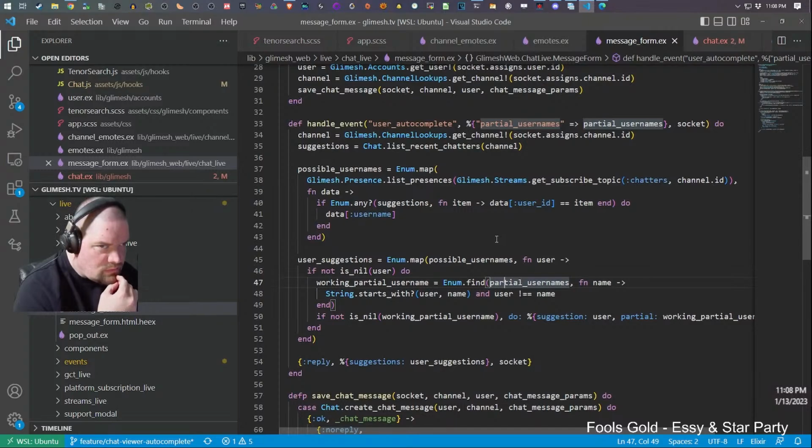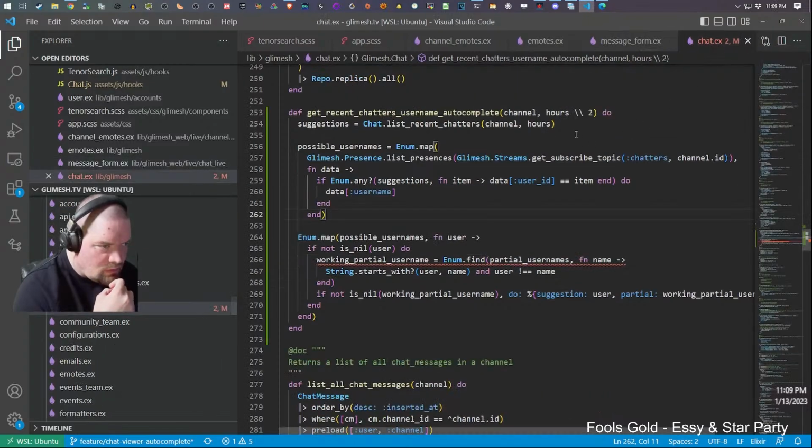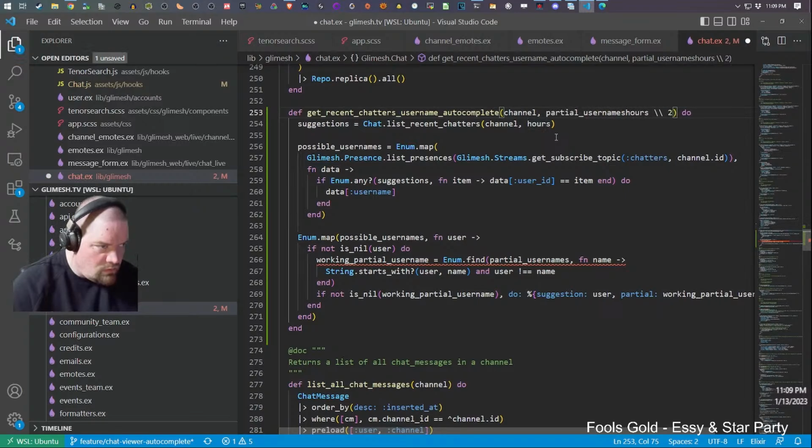Okay, that makes sense. They do have to pass me a list of partial usernames so I can actually autocomplete them. There we go. That should resolve that.